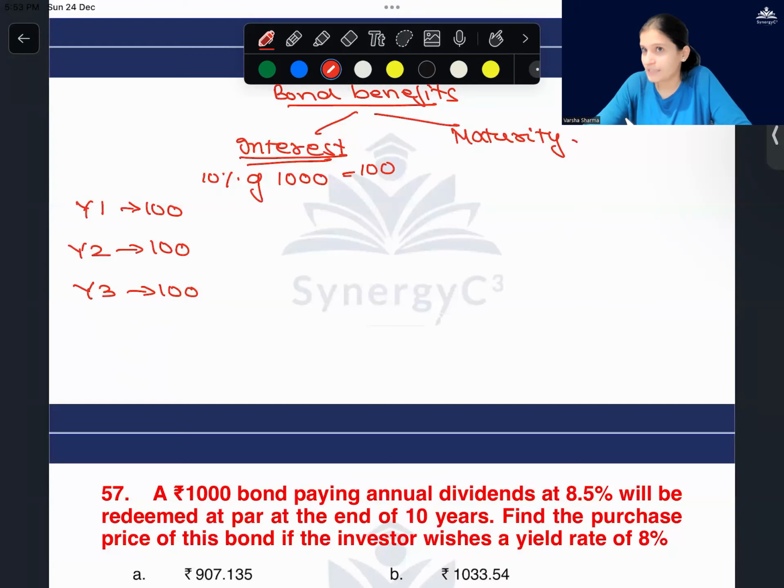Agreed? Purpose. I'm as a person, as a public, I'm going to give a loan to the company, which in return is going to give me a paper, which is a bond or a debenture, where it is written that it is marked at rupees this much, which is a paper and a confirmation of my loan. So at that particular time, they are going to fix two rates. One is my interest rate, at which I'm going to get yearly, half yearly. That is mentioned. That is always calculated on the marked price, on the face value which is written on that paper. Clear? And that is yearly. Every year I'm going to get the same amount.